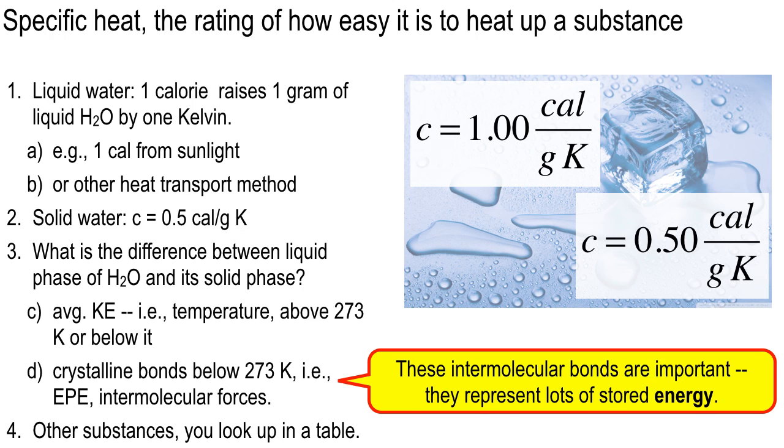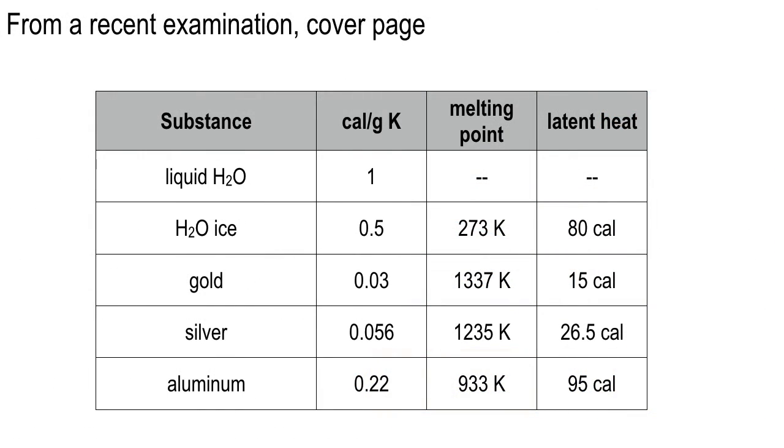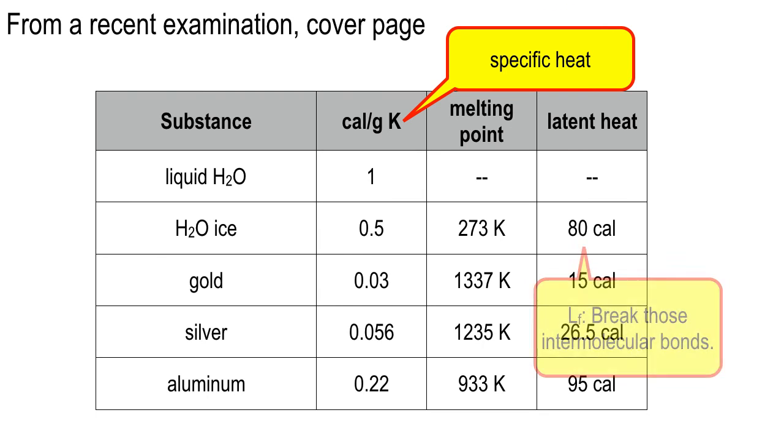Now, when I say that you have to look stuff up on a table, this is from a cover page on a recent exam. You don't have to write it down, but just relax about having to memorize stuff like this. In web courses, if I give you a homework problem, I'll give you this. In class, if I give you a problem to work out, I'll give you these things for clicker questions. And on the test, this will be on the cover page. So specific heat, calories per gram Kelvin. And then this column is called the